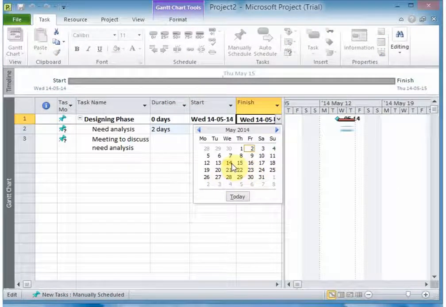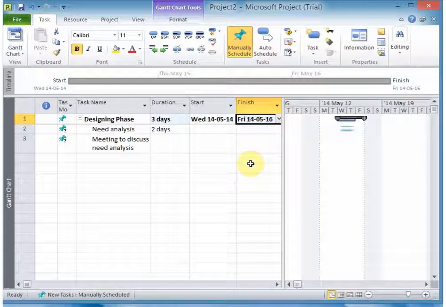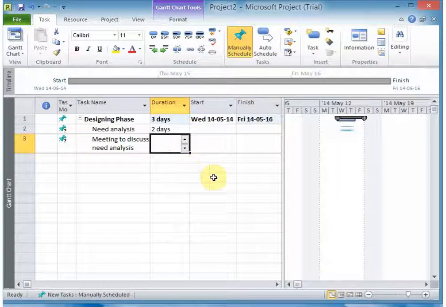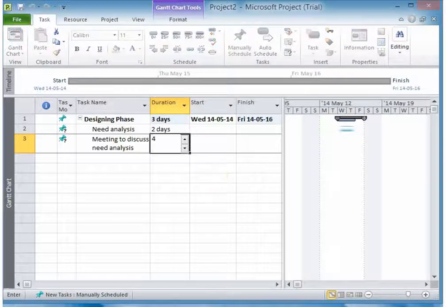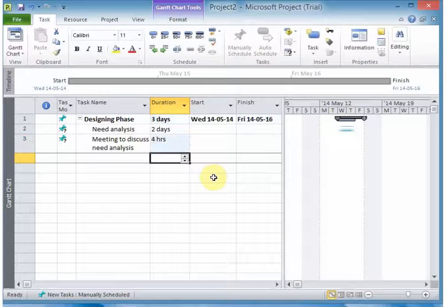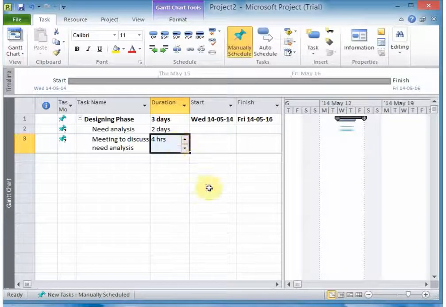This task started here and it ends on that date. Okay, it starts on the 14th. Alright, so we say in need analysis it's 2 days, and then we say that meeting to discuss the need analysis will be a 4 hour meeting. So we schedule that meeting to be 4 hours of